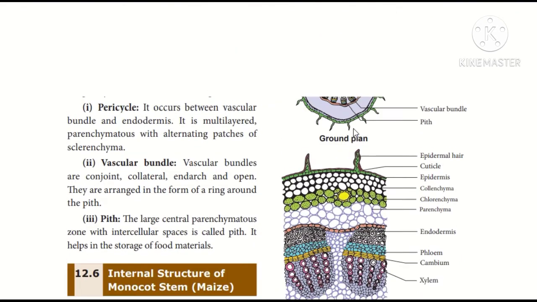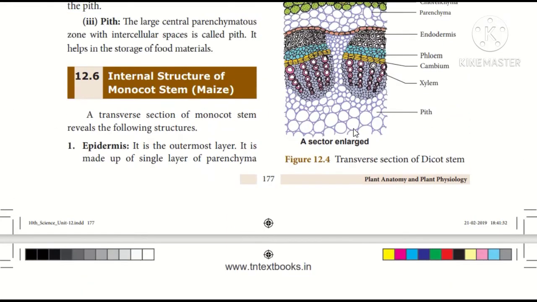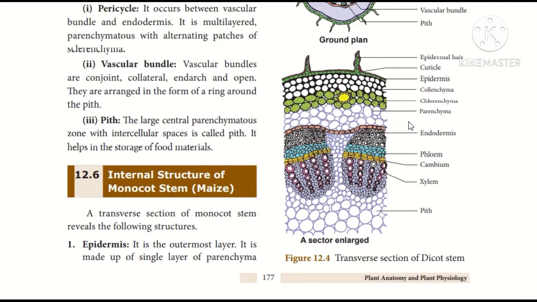And the second structure that you can see below is the cortex region, and the cortex lies below the epidermis, and the cortex is usually divided into three important zones. The first one will be the hypodermal layer, the second layer will be the middle cortex, and the third will be the inner cortex. And what is epidermis and what is hypodermis? Epi means above and dermal is the protective layer. Hypo is a layer seen below the epidermis, that is hypo is below and it is also a protective layer.